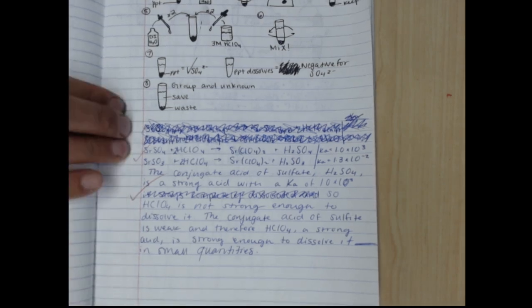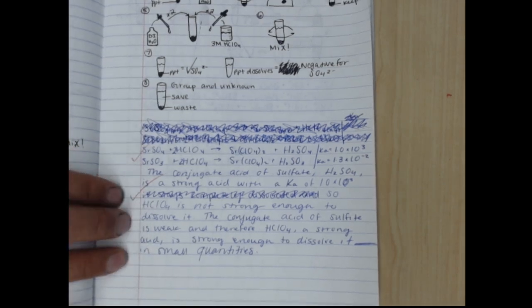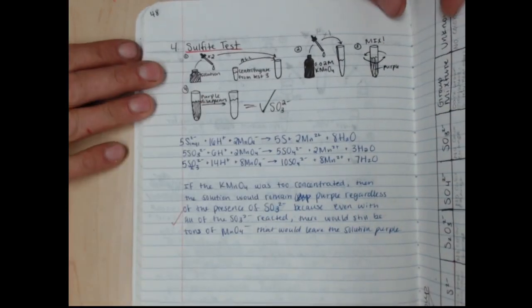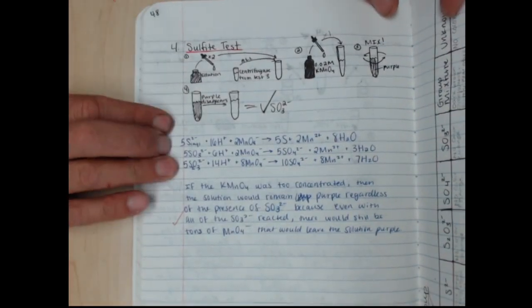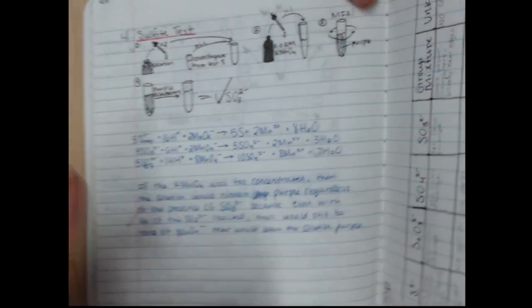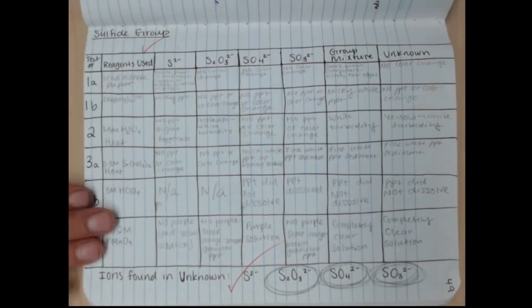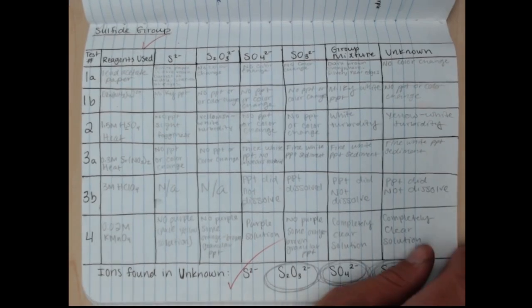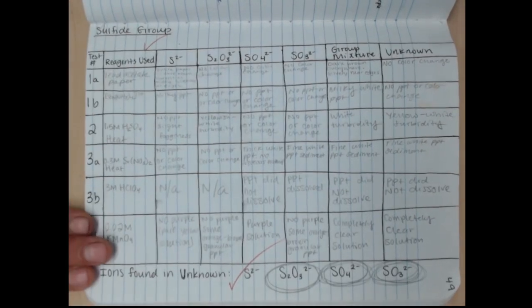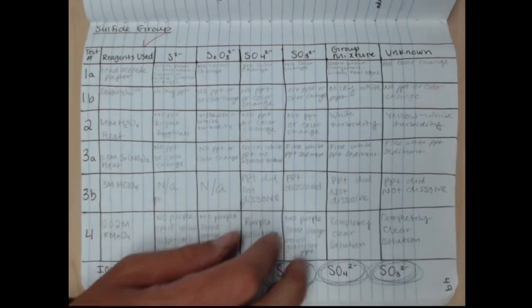Again, they didn't label their questions. It's nice if you number the questions, and we'll talk about how you do that in a moment. Here's their last test, the chemical reactions, and the question they answered. And again, a nice little data table with all the data that they observed. And again, the data table is there before you start lab, and then you fill in the data as you're